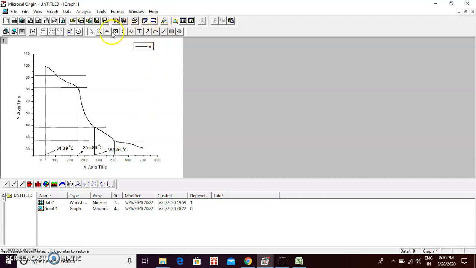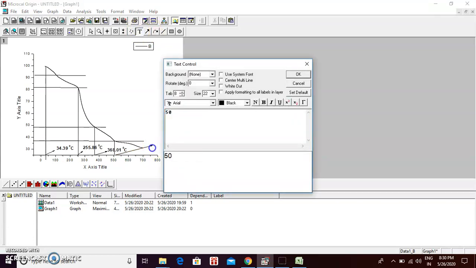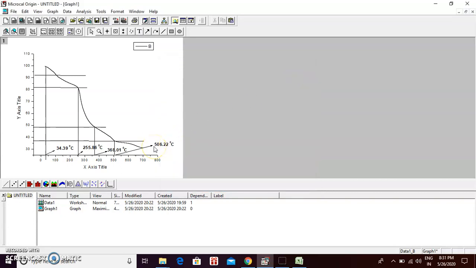Similarly as I told you previously, with the help of the screen reader you have to find it: 506.22. So let us mark it here, 506.22. Then go to this cursor, go beyond this bracket, put the C sign and make it bold. So here you have all four stages of degradation.